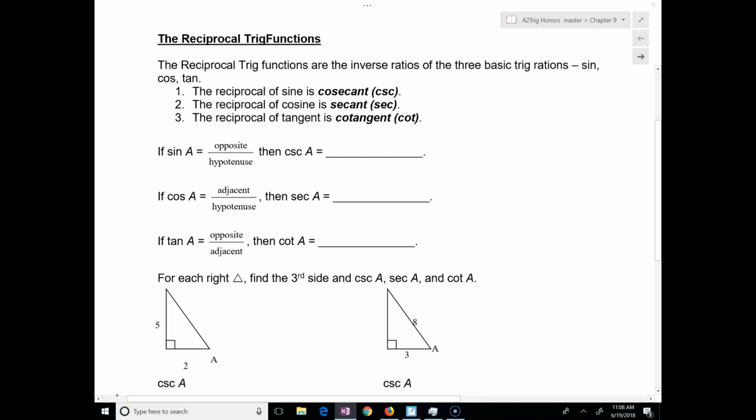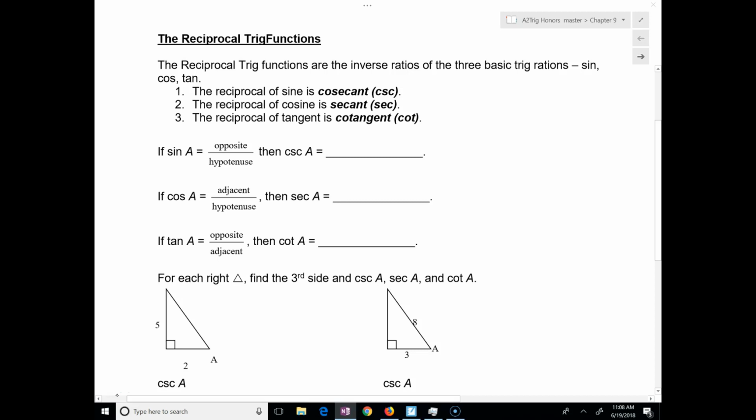So in this section, we're going to talk about the reciprocal trig functions. Now, be careful, don't say the word inverse trig functions. Those are way different and a lot more complicated. The reciprocal trig functions are the inverse ratios, the reciprocated ratios of the three basic trig functions: sine, cosine, and